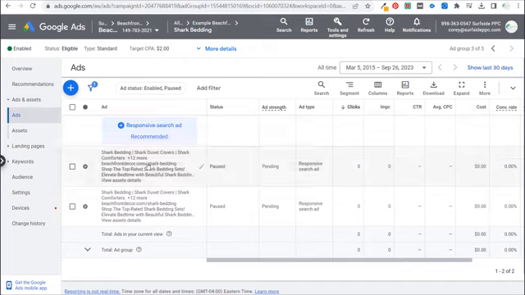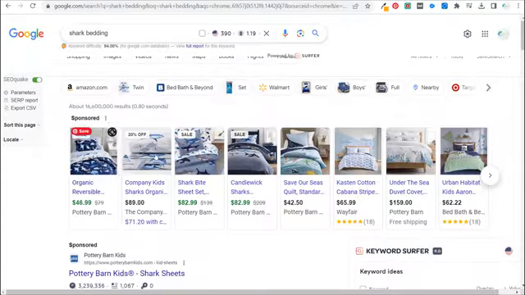So with responsive search ads, you could actually create up to 15 headlines and 4 description lines, and Google is going to create different ad variations until they find the most optimal ad variations for the keywords you're targeting. If we come over here to Google, we search for shark bedding, you'll see at the very top we have shopping ads. Now, shopping ads are targeted much differently, a little bit more advanced than search ads, where you have to